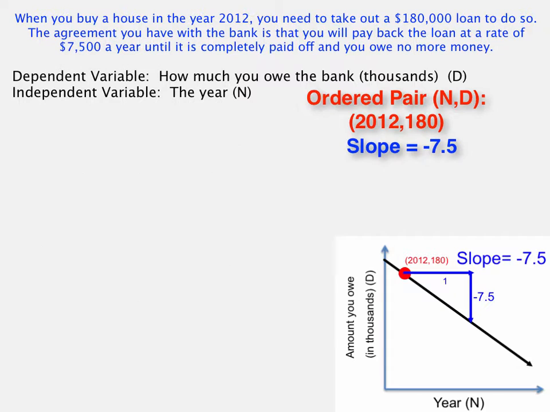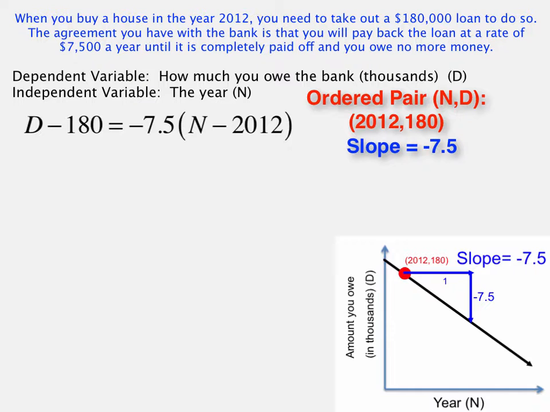So now that we have a rate of change, or a slope, and an ordered pair, we're ready to use these two pieces of information to create an equation to model this relationship using the point-slope form of a linear equation. Alright, in this case, our equation would be D minus 180 equals negative 7.5 times the quantity N minus